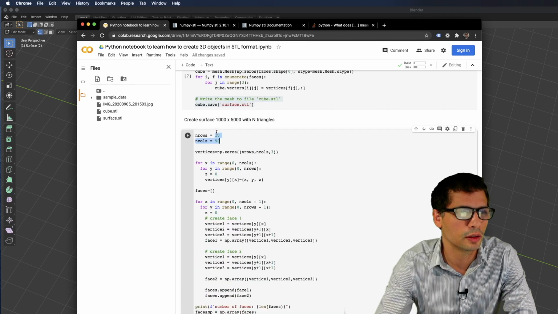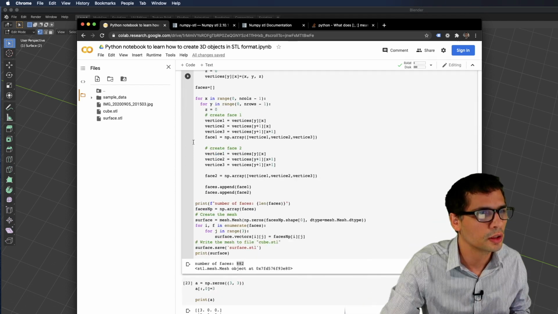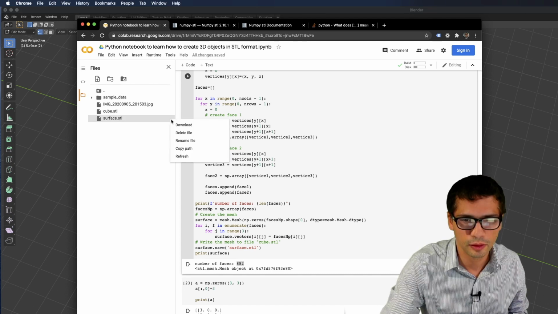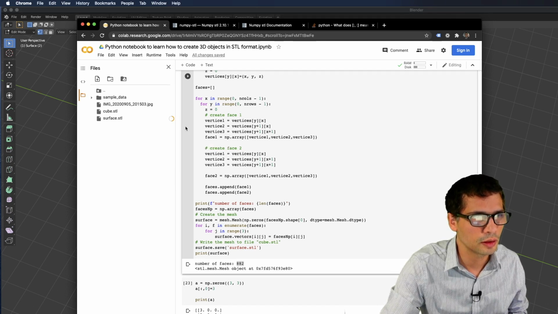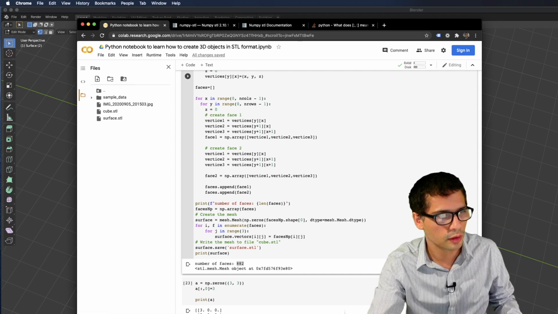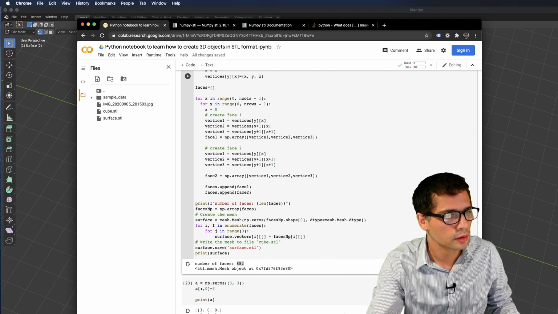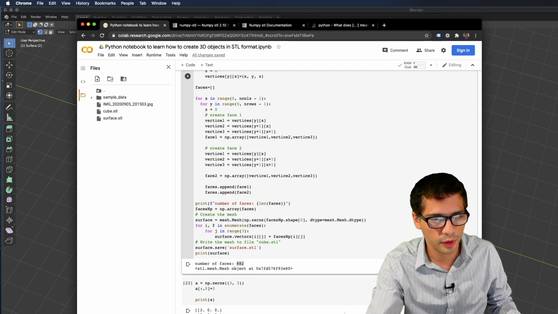How does that work? So I have 10 rows and 50 columns. So I'm going to download the new surface. And I'm going to import it again to Blender.